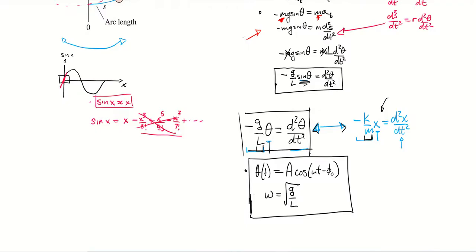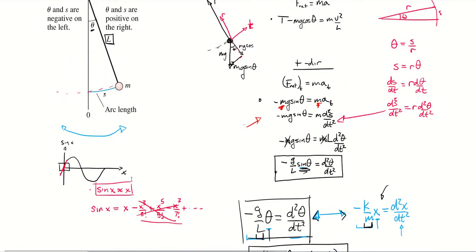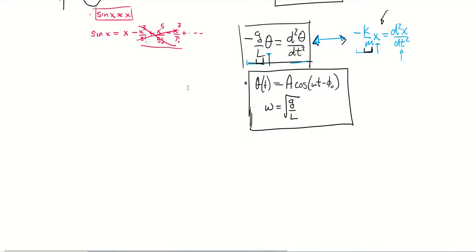We could also write this in terms of the arc length. If you think back to our pendulum here, we're describing this currently in terms of the angular position theta. We could describe this motion in terms of the arc length s, or position along that tangential direction. All we'd have to do is use our relationship between that arc length and our angular position. So we can just multiply both sides of this equation by r and get our position along the tangential direction